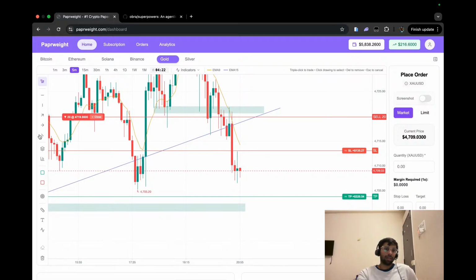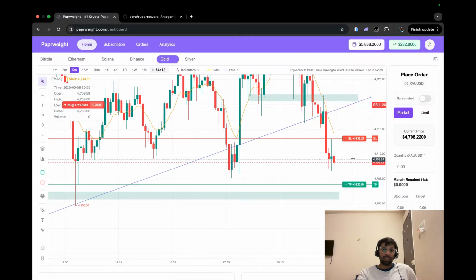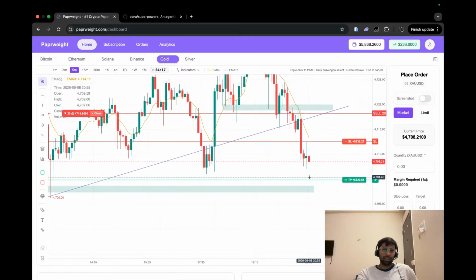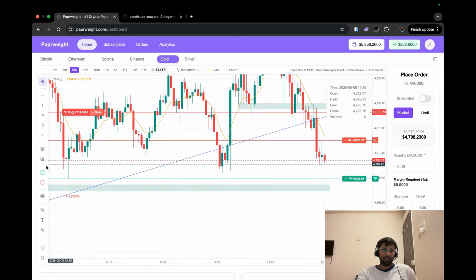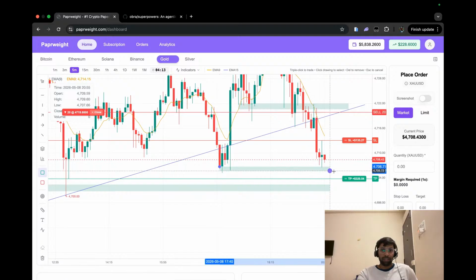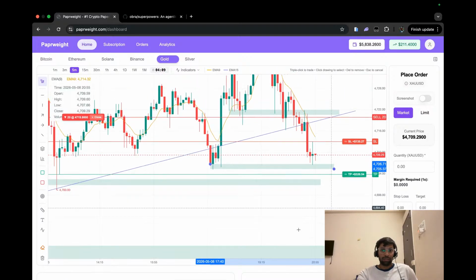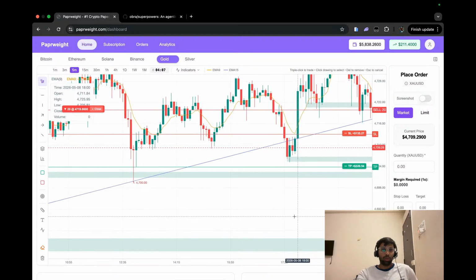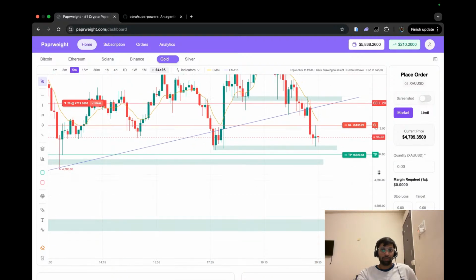Guys, this is where the market is struggling, and this is where the buyers are present, and they don't want the market to